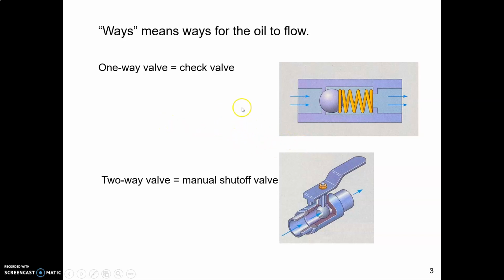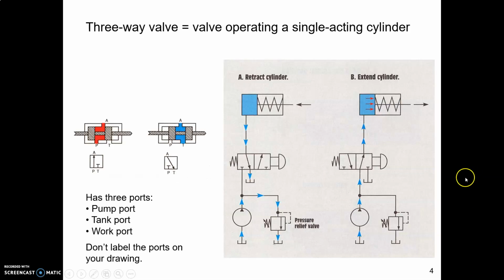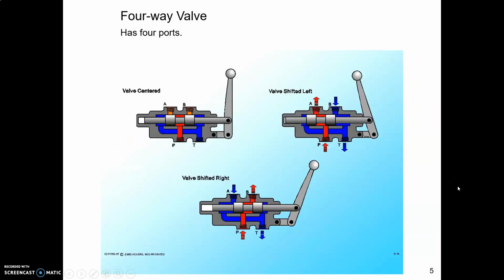four-way valves, but just to get us started, a one-way valve would be something like a check valve, where the oil can only flow one way through the valve, that's it. A shut-off valve could give the oil two ways to flow, in and out as well as off. A three-way valve is what you might find on a single-acting cylinder where you have a hydraulic jack under a house. But we're going to focus on four-way valves, and it's called four-way